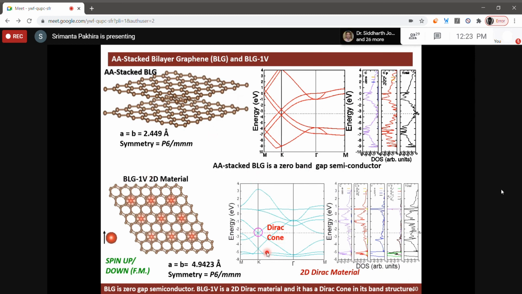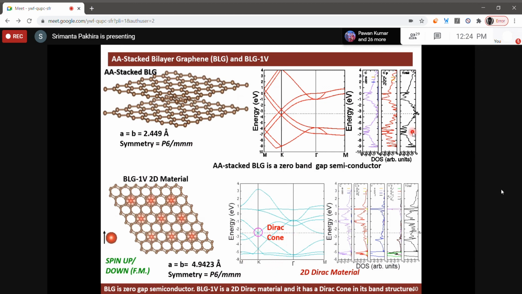If we plot the band structure again, we'll see that there is a Dirac cone. The other point is that some bands are crossing to here, so it might have some density. So we found a Dirac material which has a higher lattice constant compared to the pristine, almost more than double, or close to double, and the symmetry is the same. The spin of these electrons is either up or down. If you look at the vanadium, it has 3 electrons in the D subshell, so the electron is either up or down, it doesn't matter. We found that this is a Dirac material; it has a Dirac cone.